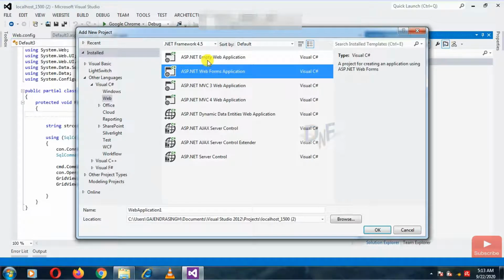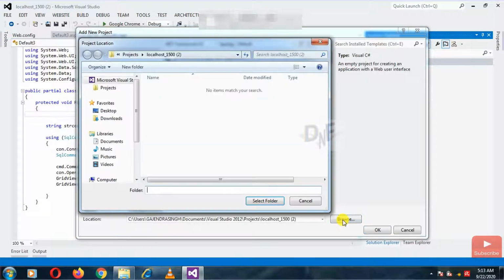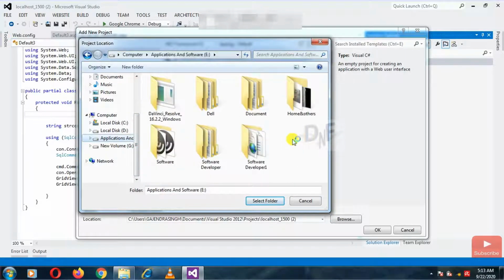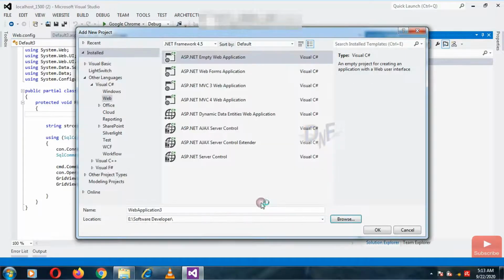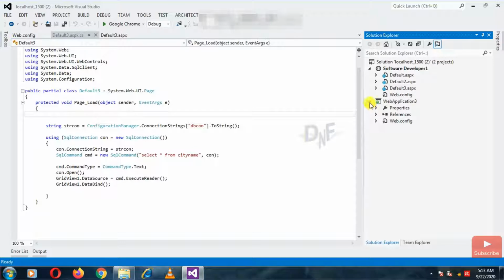Empty: I'm going to add an empty web application, because I have to add the content into that empty website. So I just set the location path. Okay, web application 3.